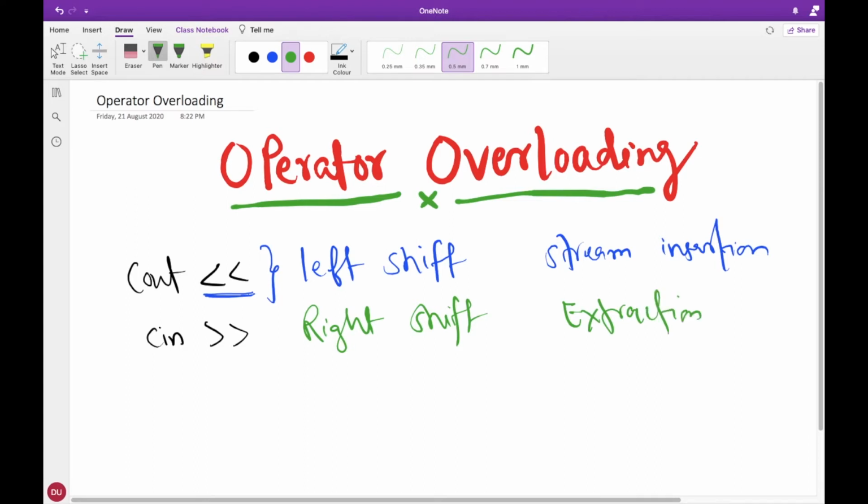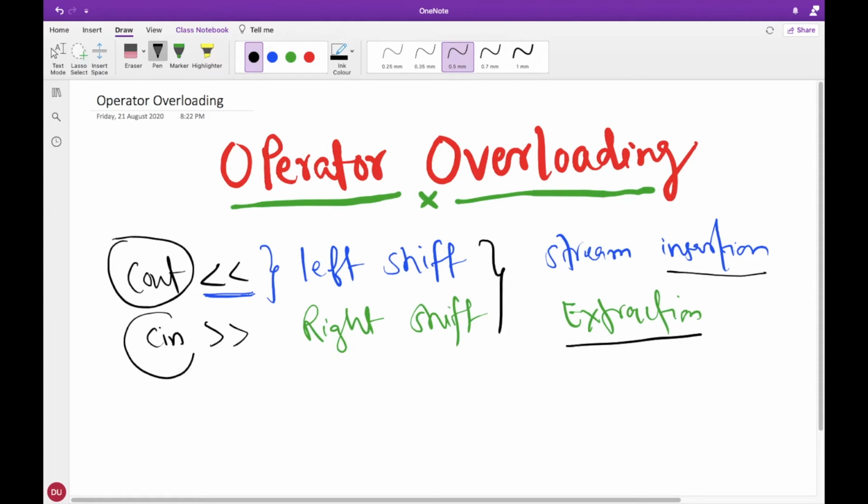And what are the uses of these two? In case of left shift we are left shifting the bits, and in case of right shift operator we are right shifting the bits. Whenever we discuss bitwise operators we will learn these things, but here we are using the stream insertion operator for printing anything on the console and the extraction operator for taking inputs from the user.